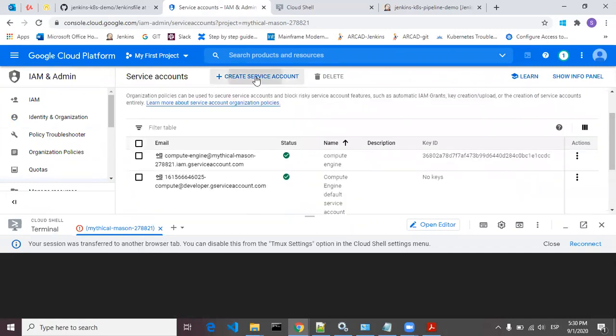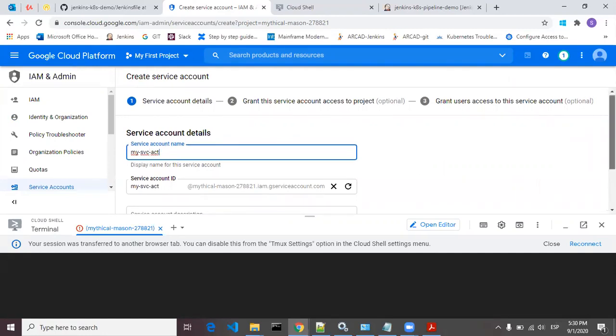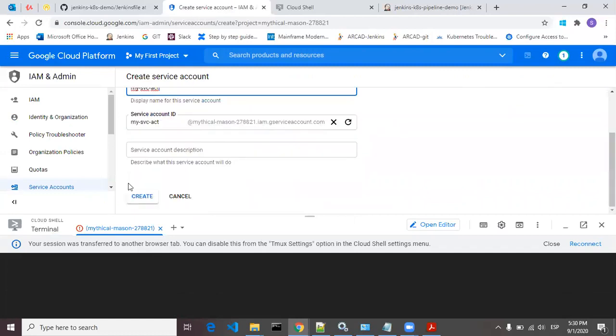Click on create service account. Let's say my SVC account. Click on create.